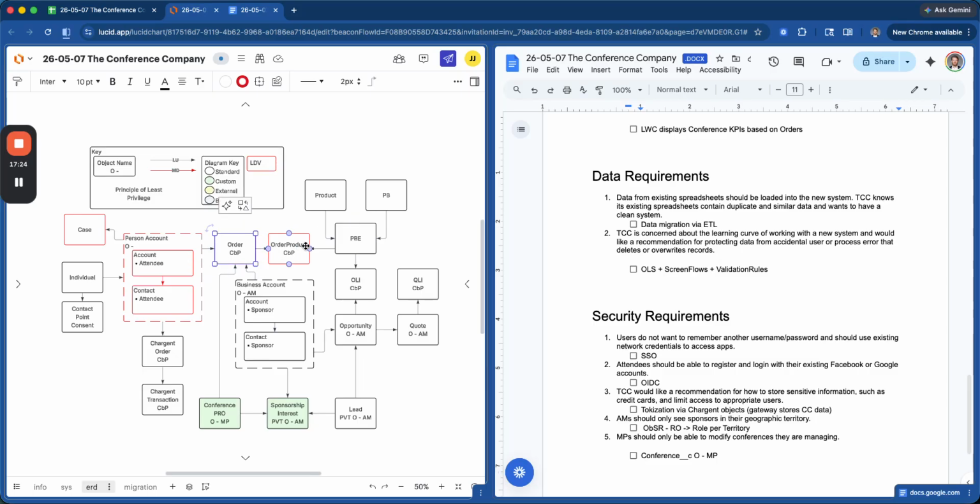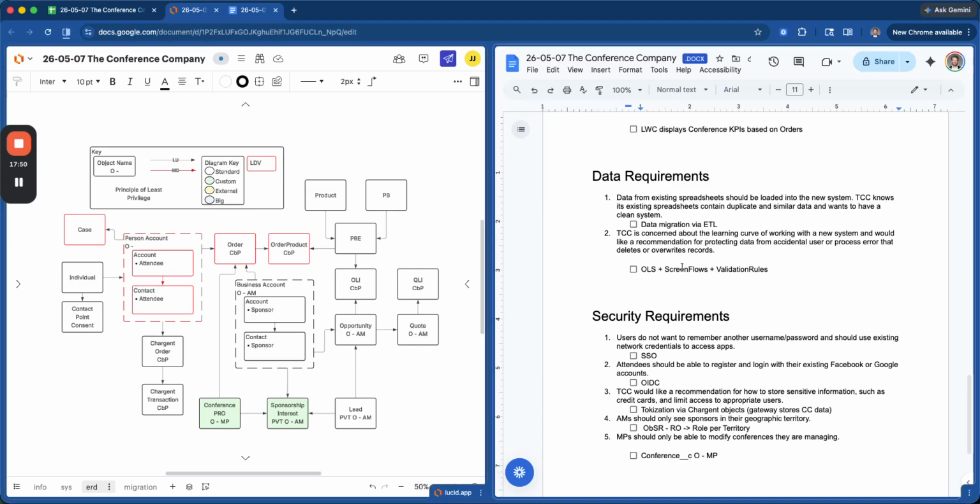The order products need to be created from the gateway that currently exists for payment transaction tracking. As part of the controlled cutover, we'll need a delta load of transactions that have occurred between the development of the solution, the testing of the solution, and the cutover.